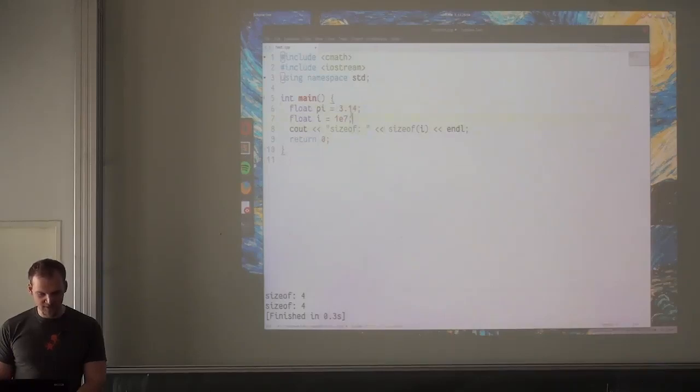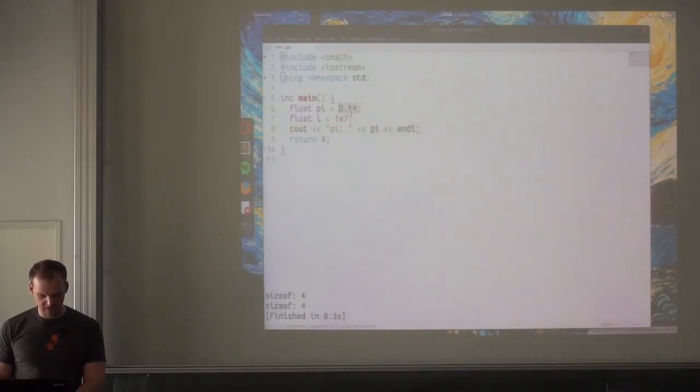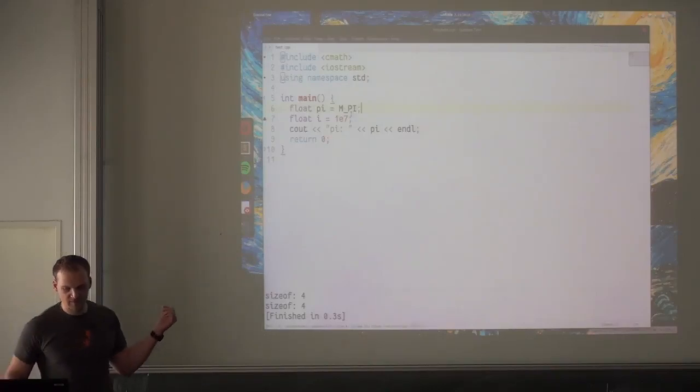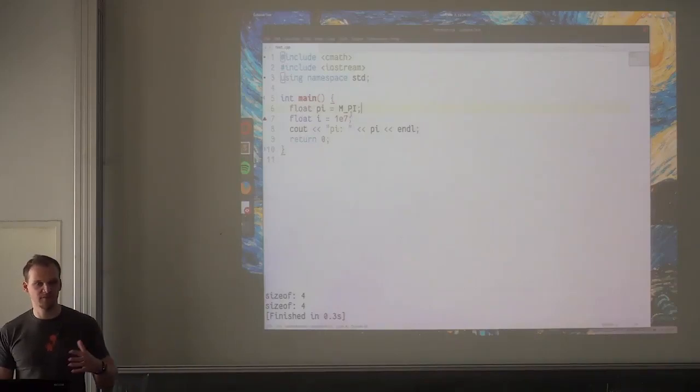Now we can print the pi. We can use M_PI from cmath. It just defines pi much better than we can, because I remember maybe 4 digits of pi, but they know much more. Good. So we can show the pi, we can show the I,